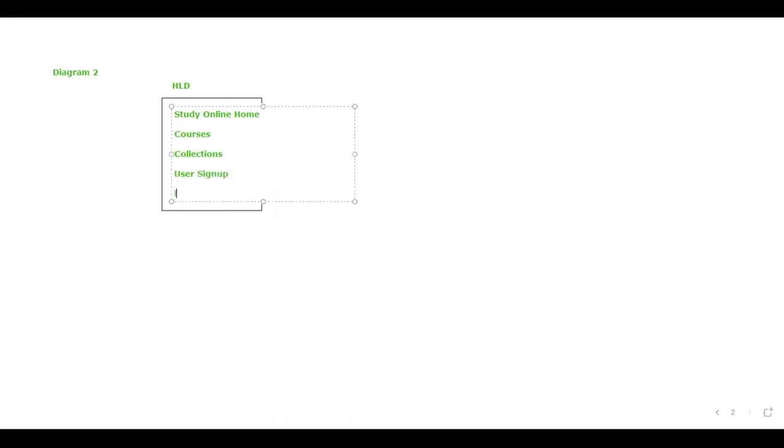Option should be there to log in. Option should be there to watch the video. Option should be there to download the notes. Like this, a huge requirement is what I will give. Next, senior developers or architects will tell, see, these many things should be there in the website or application. Now, the low level design, how will it look like, if you ask me,